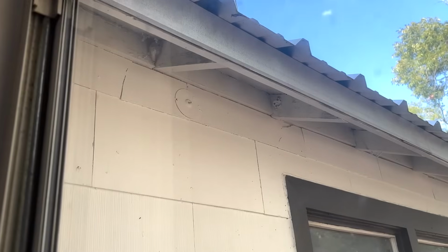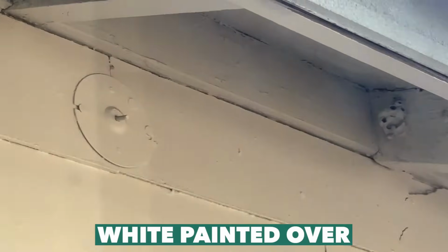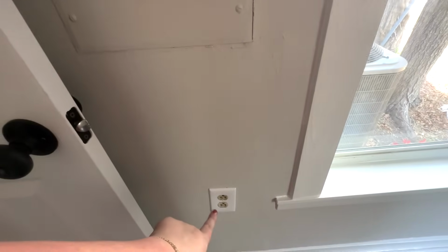But is it gonna fall apart? I bet if I brought an outlet tester, they wouldn't work. There are wasp nests out here that they just painted over white. Do you see them? Yes. Janet was saying they obviously didn't replace any of the outlets, so wiring could be an issue. I think they just did a cosmetic flip